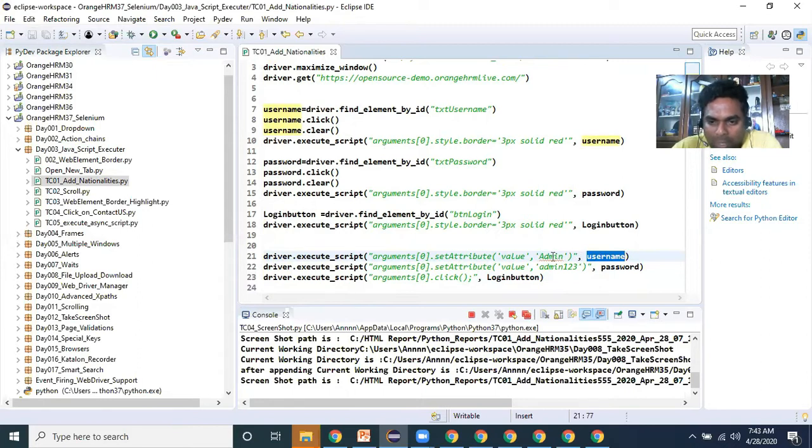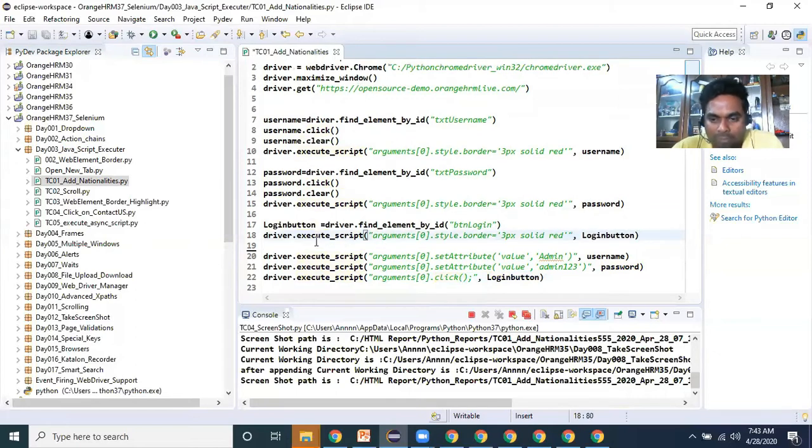In the username I want to type admin, in the password I want to type admin123, and this is the login button where I want to perform the click operation. So arguments[0] means this is the argument of 0, this is the argument of 0, and this is the login button. I want to perform click operations. Like this also we can write.